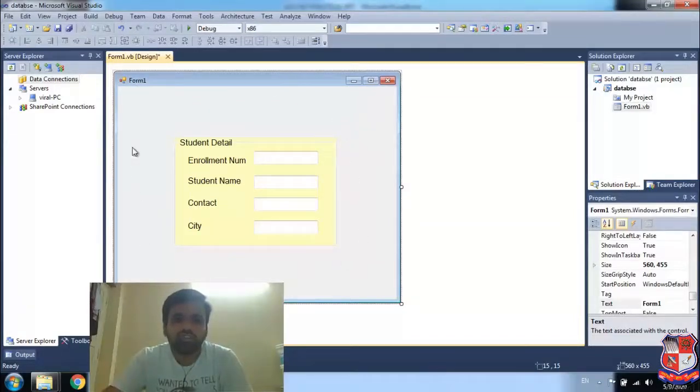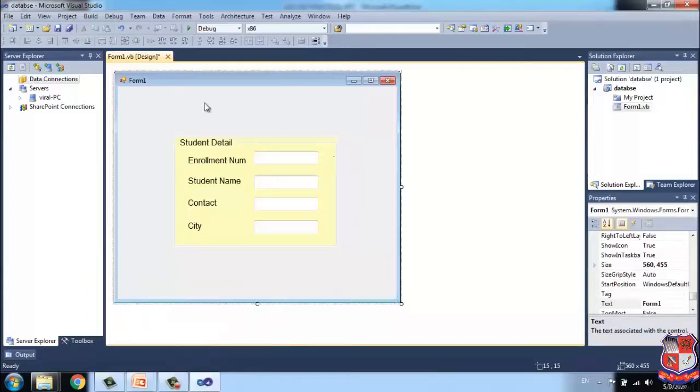Our Windows application is called the front end and our database is called the back end. We have to create a connection between back end and front end, and for that we have one technology called ADO.NET.